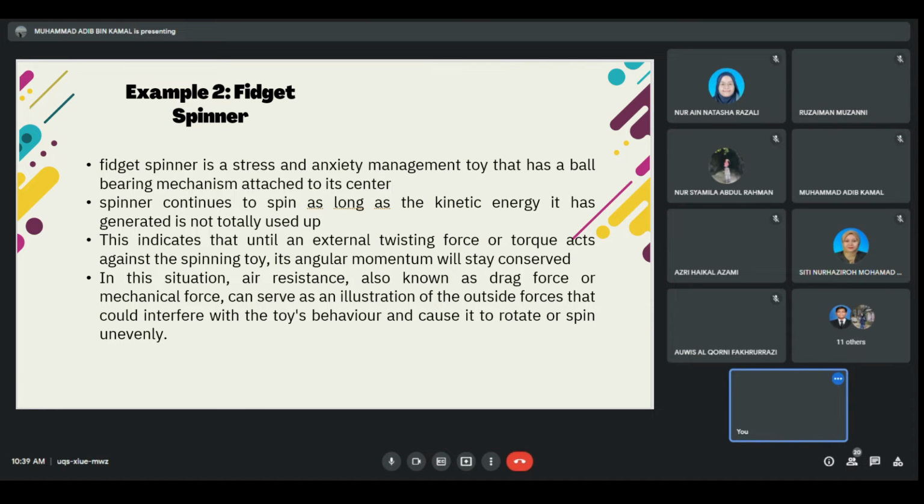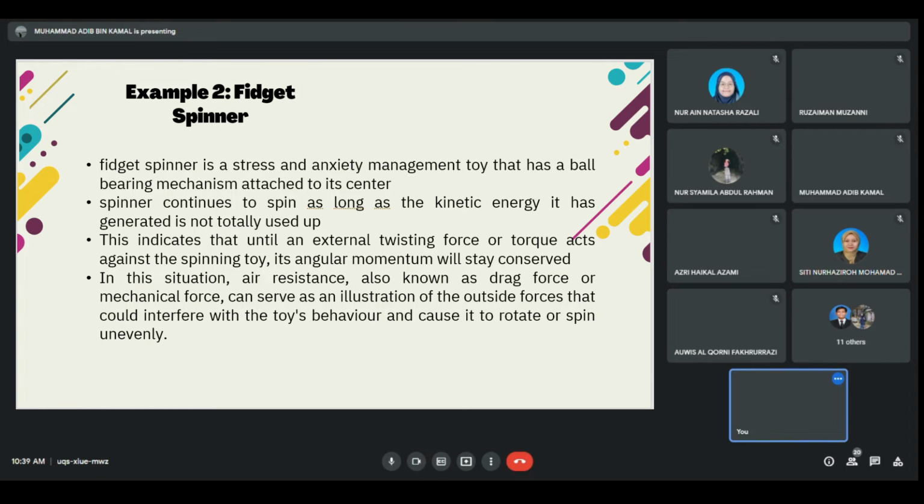A fidget spinner is a good example of force motion as a rigid body in daily life. Before the fidget spinner spins, we need force from our finger to make it rotate. The spinner continues to spin as long as the kinetic energy it has generated is not totally used up. This indicates that until an external twisting force or torque acts against the spinning toy, its angular momentum will stay